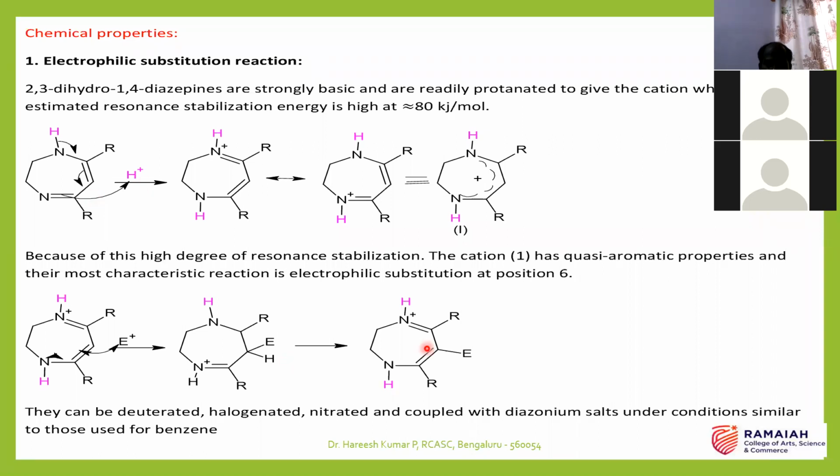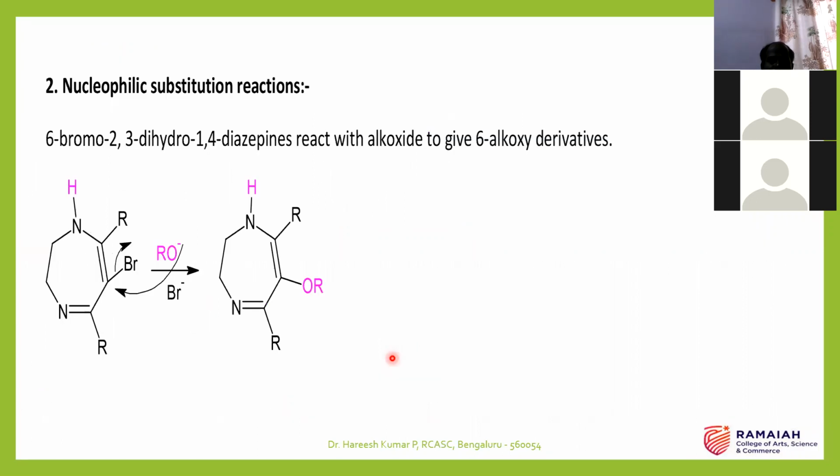So this is how the product is obtained. So with this, I will go to the next one. So that is the nucleophilic substitution reaction. Nucleophilic substitution reaction also is possible at the sixth position. If there is a leaving group present on the sixth position, the nucleophile can attack here and the leaving group will go out. So that is how what is called as